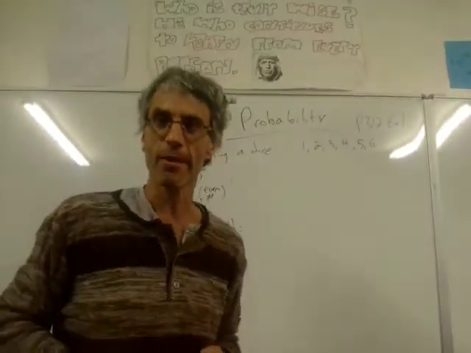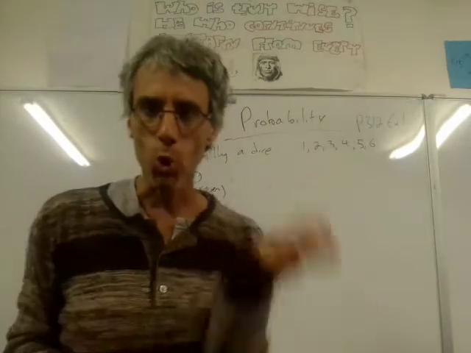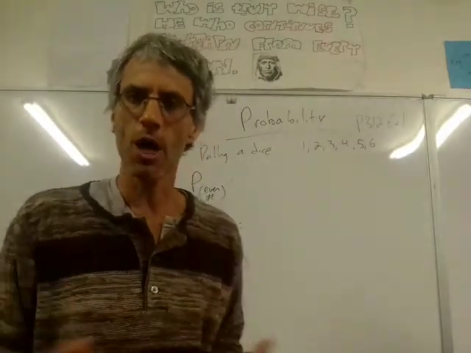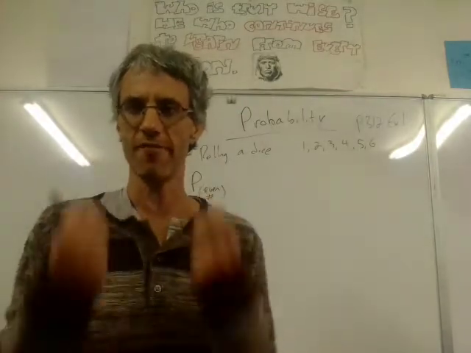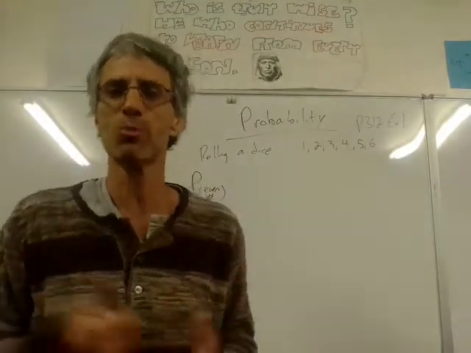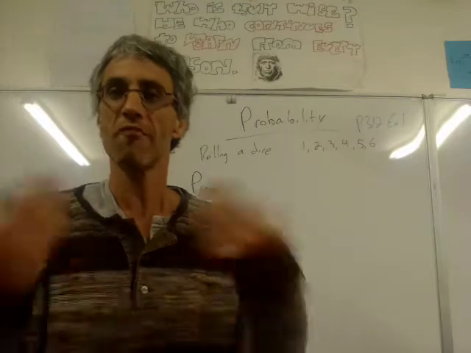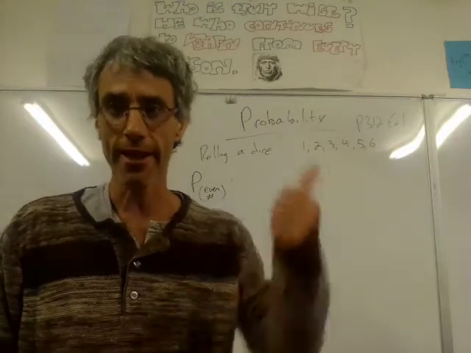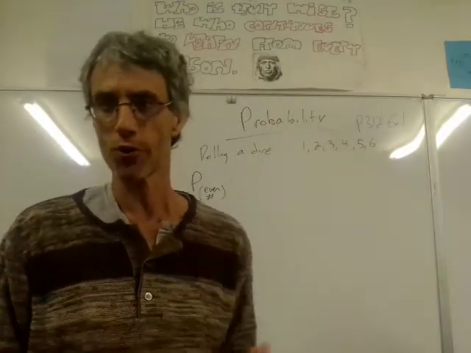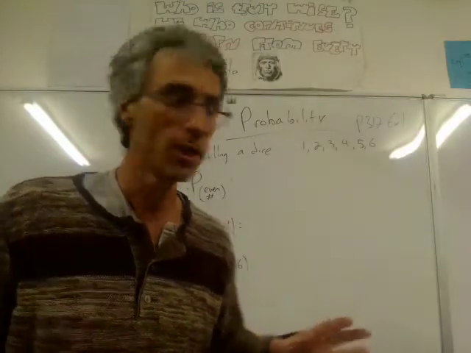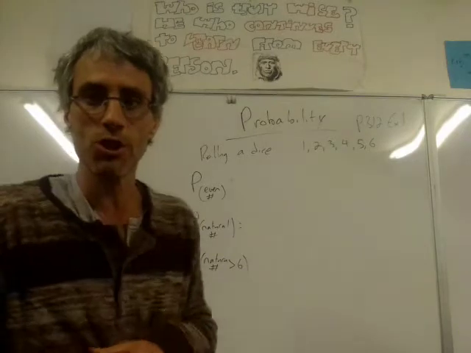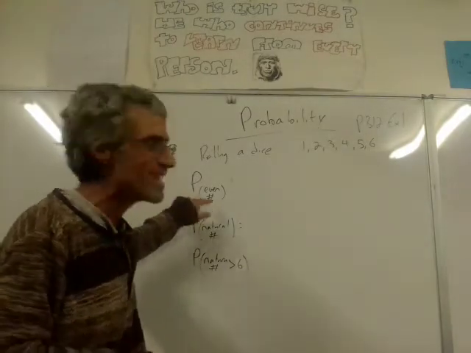Okay, our next example, still very easy. We're rolling a dice now. When I roll the dice, first thing, before I even look at the question, I need to think: what events can take place? Well, either I get a 1, a 2, a 3, a 4, a 5, or a 6. A normal dice we're talking about. Now, let's say the question is, what's the probability of getting an even number?